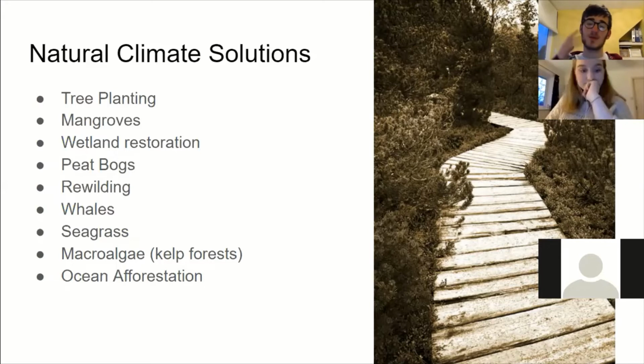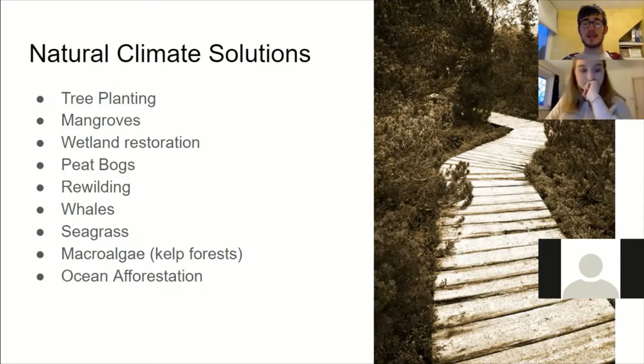Forest fires like the ones we saw in California, and bushfires like the ones we saw in Australia, can release tons of CO2 into the atmosphere. The bushfires in Australia released two-thirds of Australia's yearly amount of CO2 into the atmosphere. These things are not permanent. Natural climate solutions are brilliant, but there are problems.